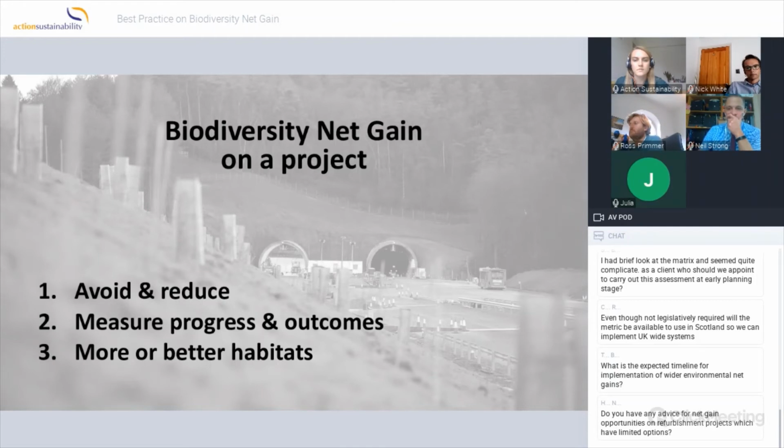Be transparent about data limitations, or in my world, how rubbish the data is, or if it's okay from Google Maps. But measure your progress, measure your outcomes, use the metric as early as possible, don't wait. And then finally, we're doing habitat stuff: you're making more habitats or you're making existing habitats better.